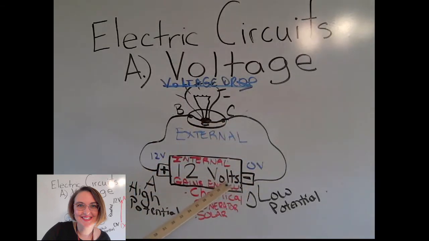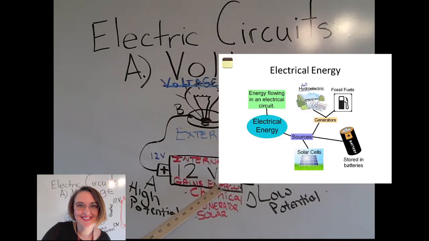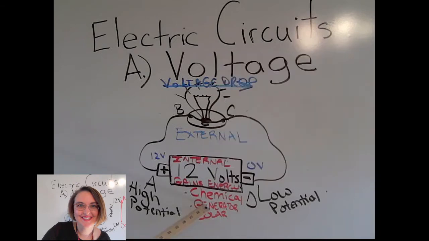As we study electric circuits, our voltage source is most often going to be a battery, where we're going to use chemical potential energy to create a voltage source. So the chemicals are going to do the work to cause charge to flow. Other voltage sources come from generators and solar cells. The role of the battery is to supply the energy, so it pushes the charge from a positive terminal